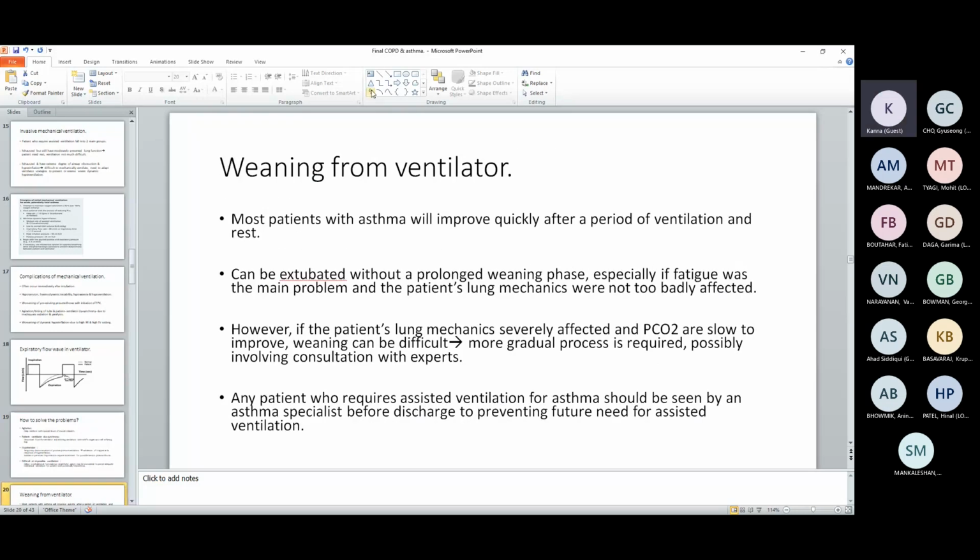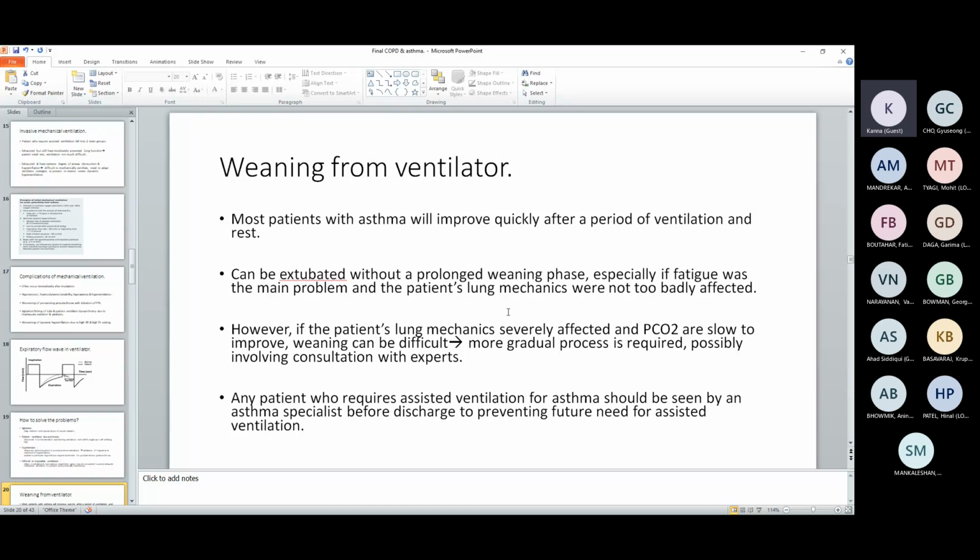If we consider the weaning, most patients with asthma will improve quickly after a certain period, maybe 1 or 2 days of time, and they can be extubated straightforwardly. They can be easily extubated especially if their problem is due to fatigue and their lung mechanics are